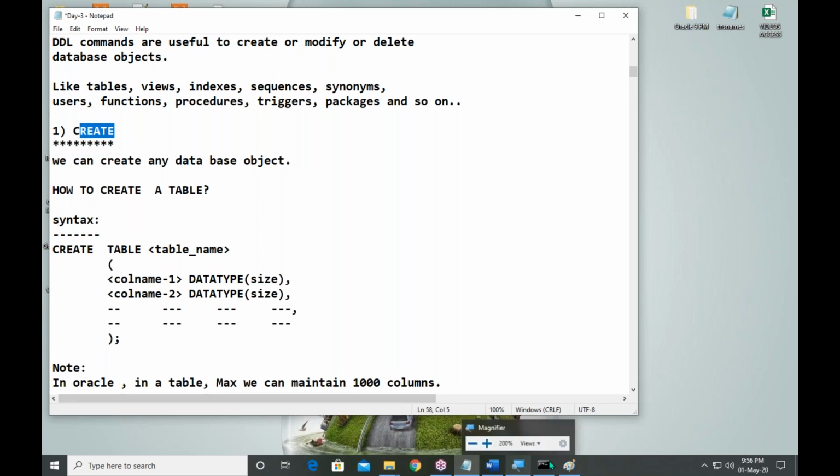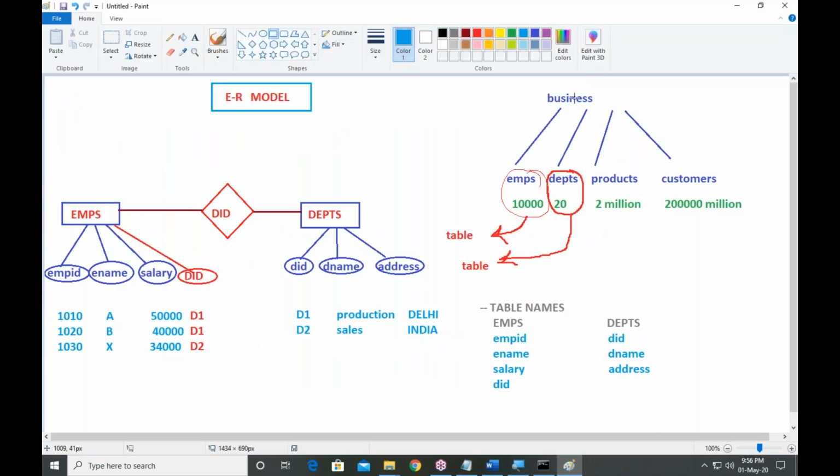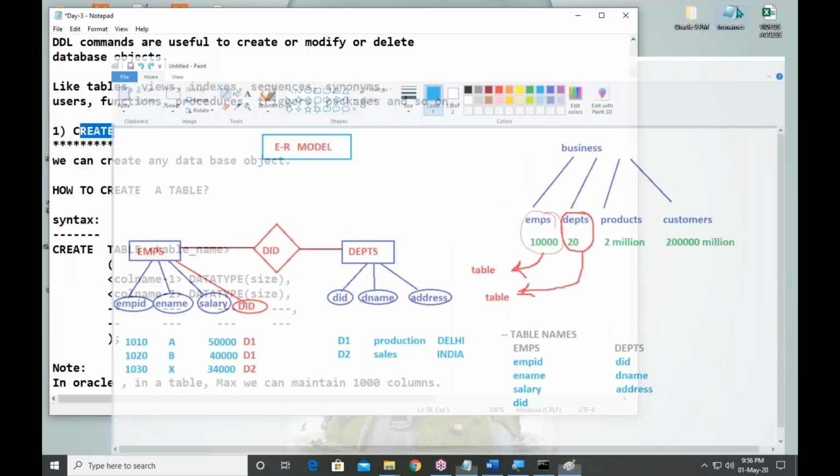According to our present requirement in the business, we have two objects, employees and departments. I want to store employee data under one table, and department data under one table. So I need two tables. How to create the table?